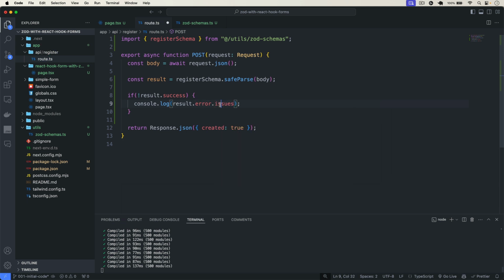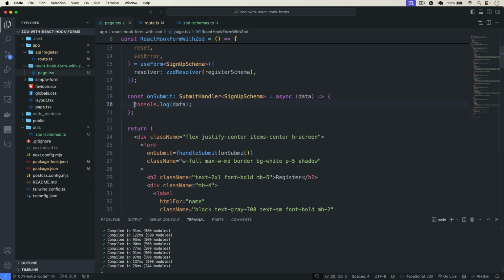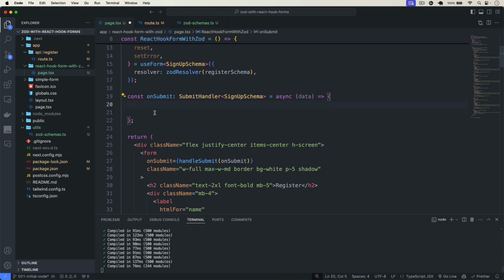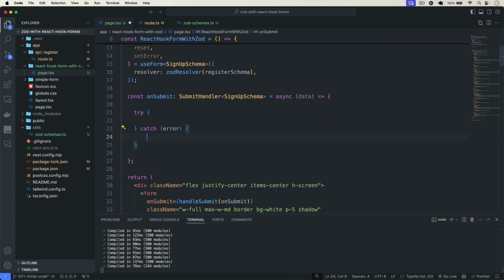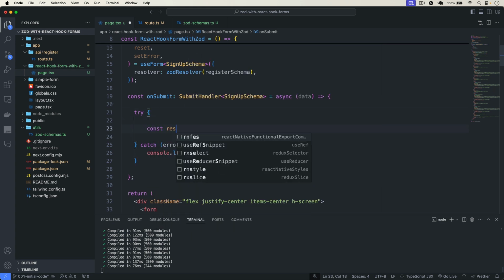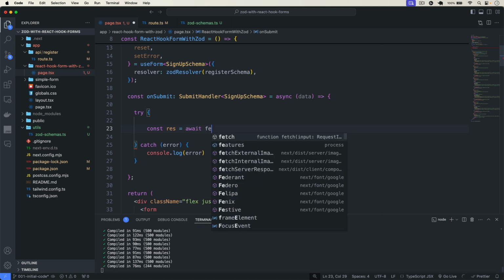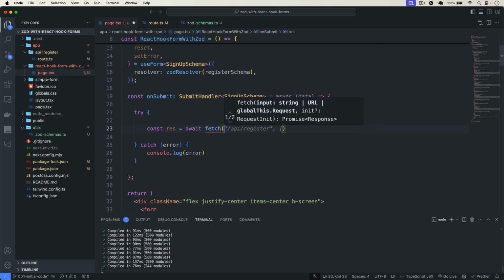Okay, so we have the issues array in the error that contains all the error messages. So to test that, I will go to my form here and let's send the request to the backend. So I will put in here a try catch block and console.log the error. In the try, const res is going to be await fetch, and on the fetch I will